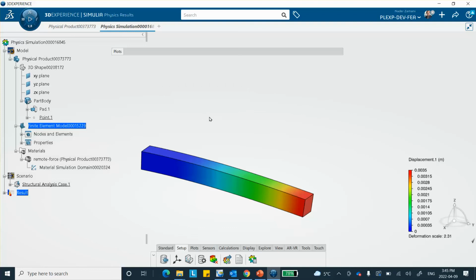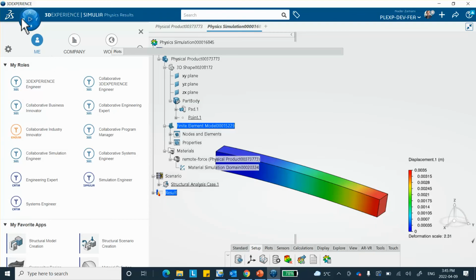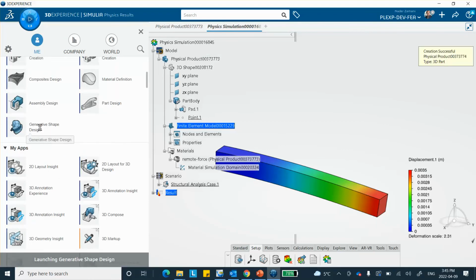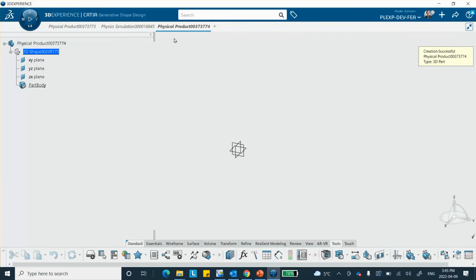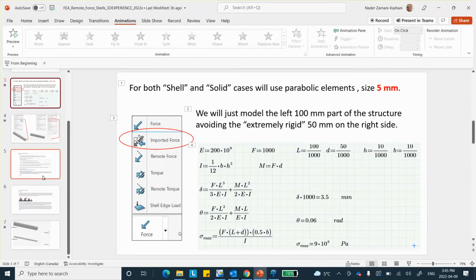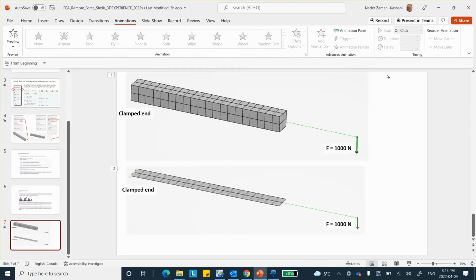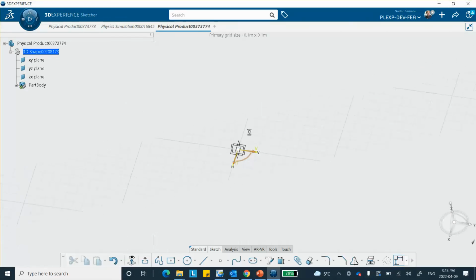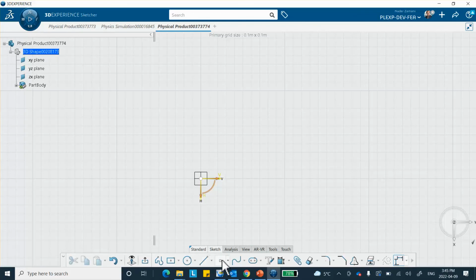Same problem, except with shell elements. Okay, so I can close these things, no problem. Or I can go and say, let's start a generative shape design file. Okay, right there. And now I'm going to create this surface. On a convenient plane, on that horizontal plane, I will sketch and draw my rectangle